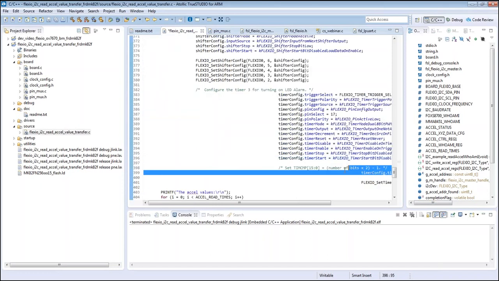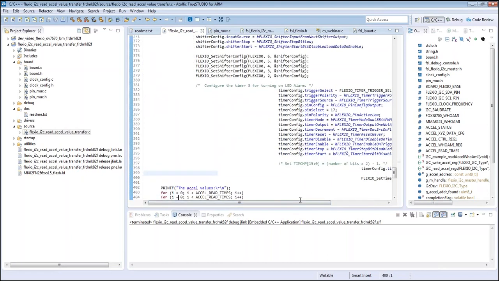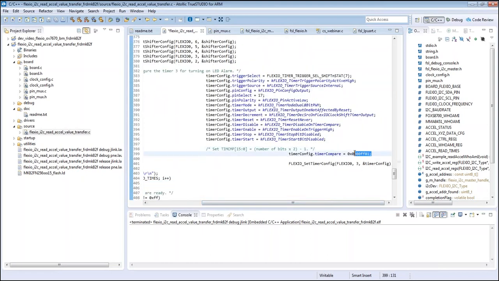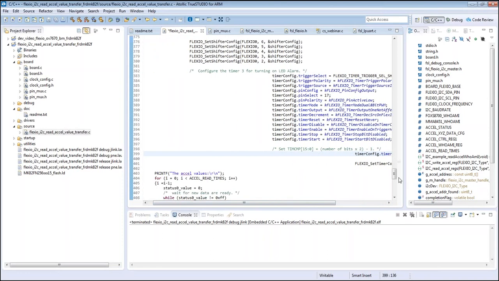And then it's generating a PWM with a very low duty cycle, where the upper word defines the period and the lower byte defines the duty cycle for this PWM. And so that's what gets output to the LED to trigger this alarm. So a lot of steps there, and it didn't go exactly as planned, but hopefully you get some idea of